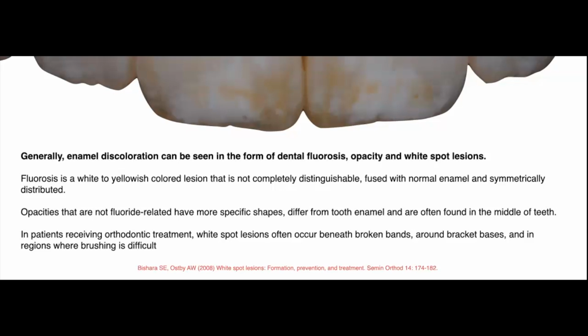The other type of white spot lesions that we encounter clinically are the ones that are post-orthodontic treatment that our patients bring to our offices. This white spot lesion often occurs beneath broken bands, around bracket bases, and regions where brushing is difficult. There's a reason for this: around these orthodontic appliances, you will have a lot of plaque buildup, and this plaque is very acidic. So this acid in the plaque is going to demineralize the enamel, and you're going to get a white spot